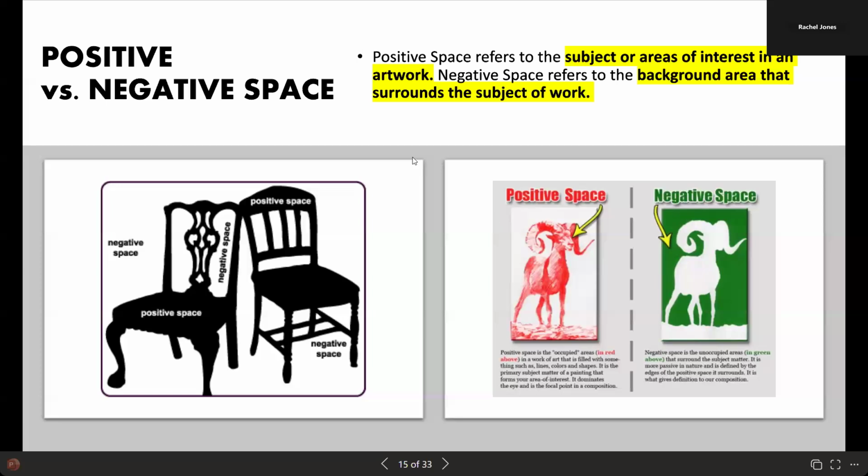We have 2 different types of space, positive and negative. This image here does a really good job of showing you positive space versus negative space. Positive space is usually what's really close to us in the foreground and what the subject is. So we have the goat here filling in the positive space. Negative space is usually what is happening in the background. Okay, so if there's a sky or a field, a lot of that would be negative or unused